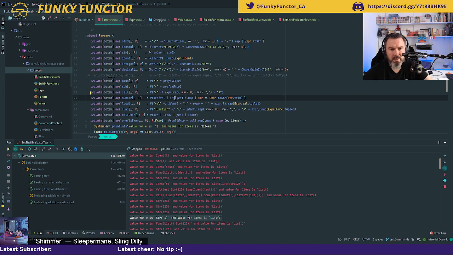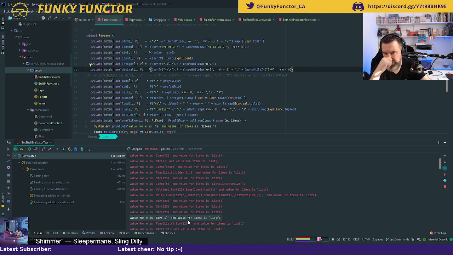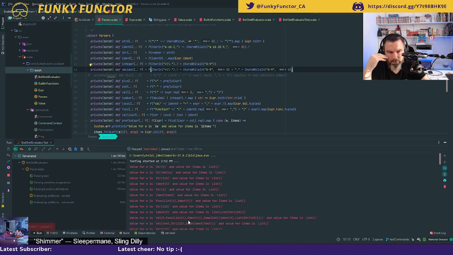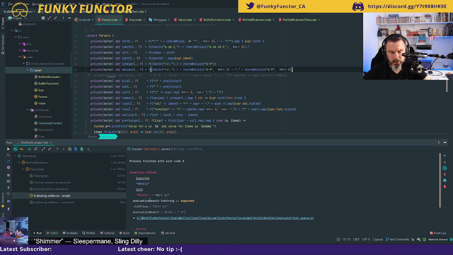So here I am getting what matches my decimal or integer. Let's try to surround this with a P like that. And that should only take, I believe, but I'm not 100% sure, I believe that it should give me only the part I am interested in. Let's try. So running. Everything compiles, still doesn't work. So that is not it.